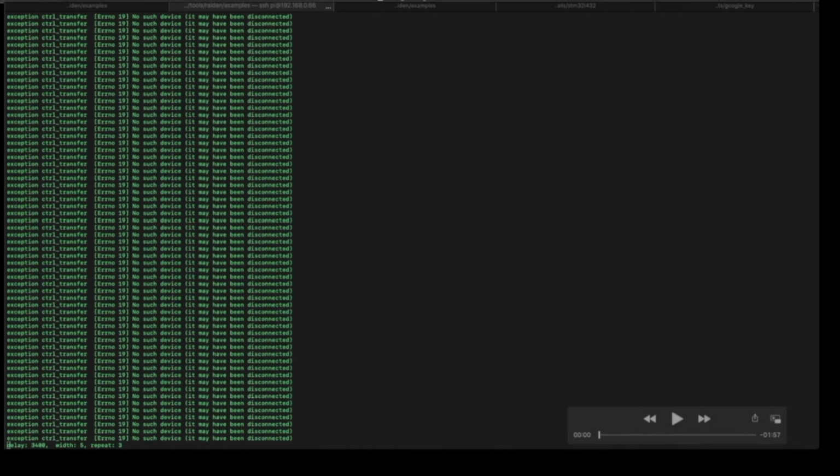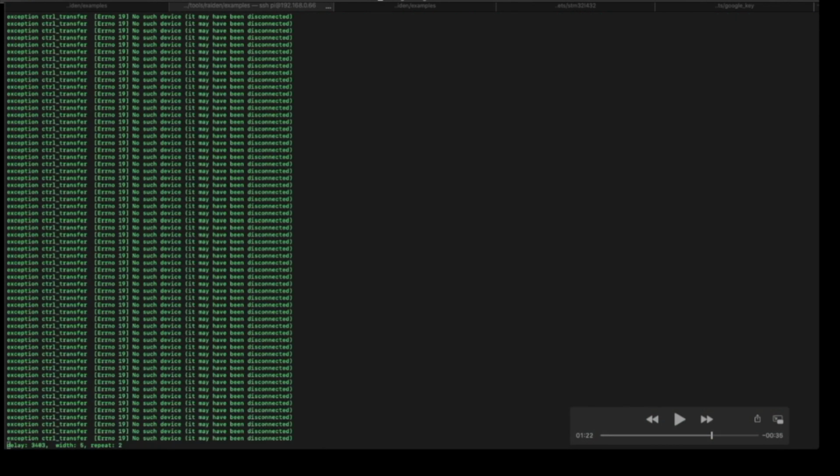Here on the bottom we can see delay, width and repeat, and this delay will change during the test process. Now it's like 3402, and we go forward